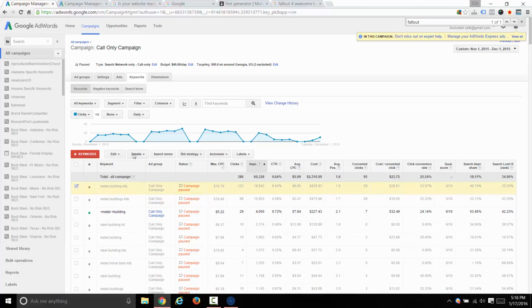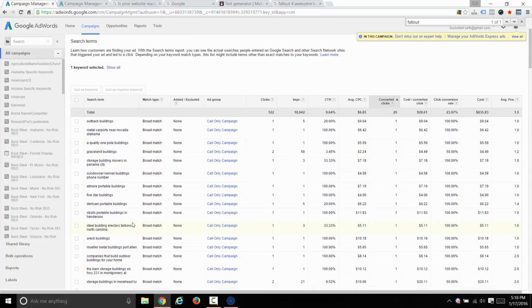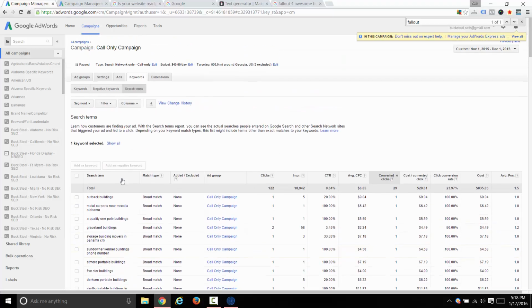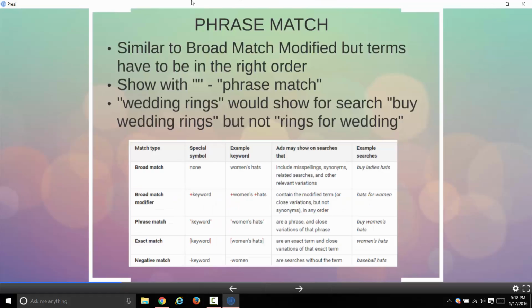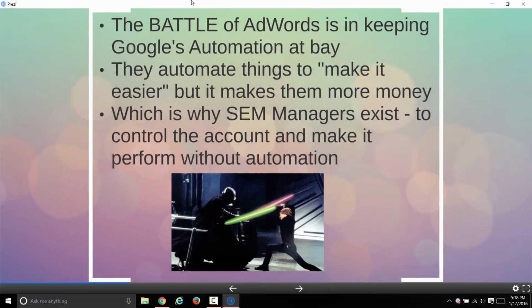Terrible, terrible, terrible. If you take nothing else from this part of the training, I want you to get that broad match is terrible and you should never ever use it. So phrase match and broad match modified are your best friends. Again, broad match has improved a little bit, but the battle of AdWords is in keeping Google's automation at bay.